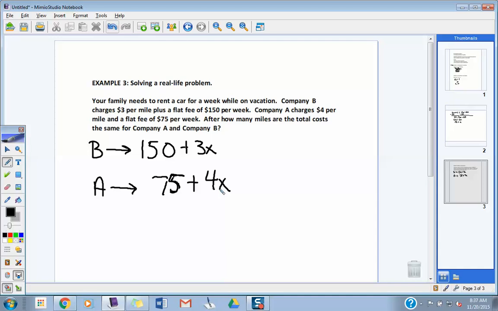Right here, the question is asking, after how many miles will the total cost be the same? What are you going to do with this expression for a cost on B and a cost on A? What are you going to do with each other? We're going to set them equal. We want to know after how many miles are they the same. So what we're really trying to find here is solve for x when